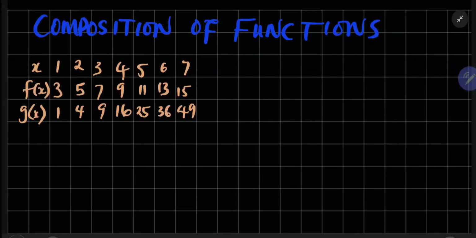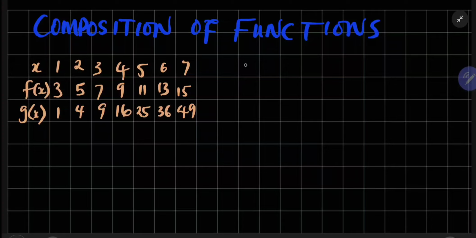Today we'll be looking at composition of functions, and we'll be looking at it with table of values and different expressions. So the composition of a function is simply using a function as an input for another function, and it is